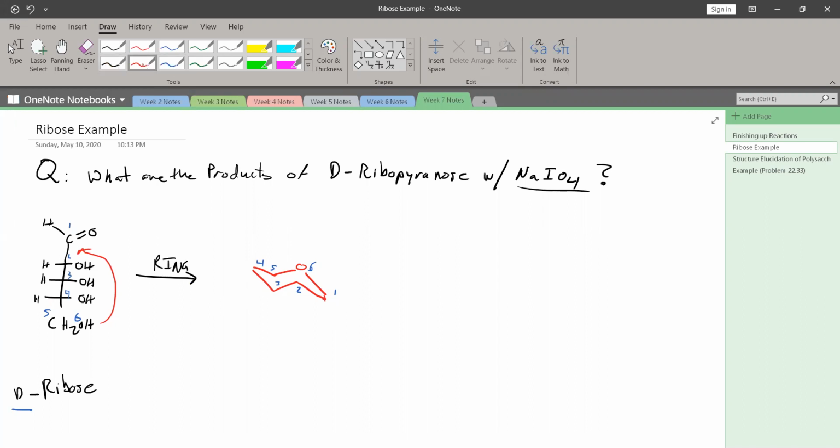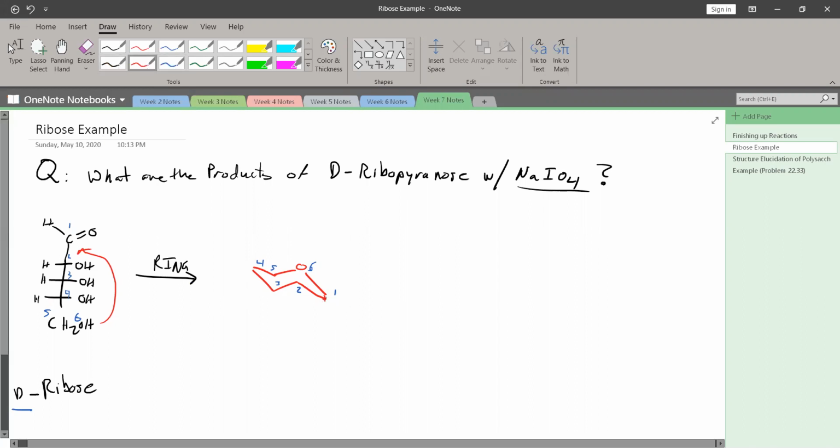Now, it turns out that the anomeric carbon will be somewhere over there in either case, just some anomeric carbon. In fact, what we can find out is that all these OHs are on the same side and they're all pointing to the right. If they're all pointing to the right, that means they all must be pointing down when we put them on the chair. So starting at carbon 2, we can put the first OH down